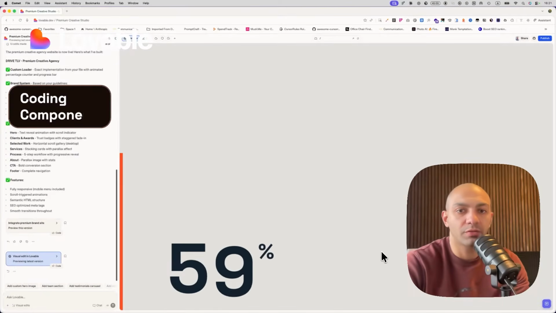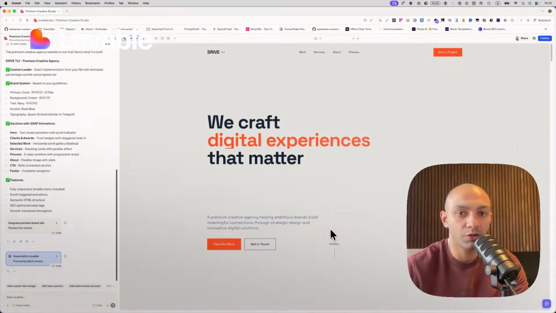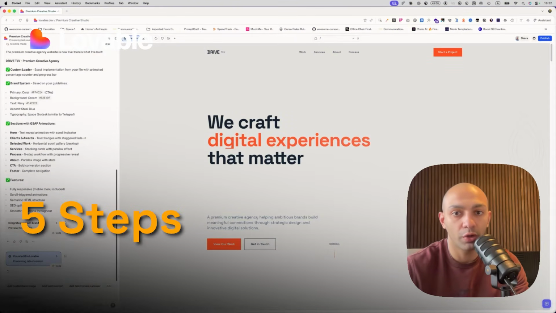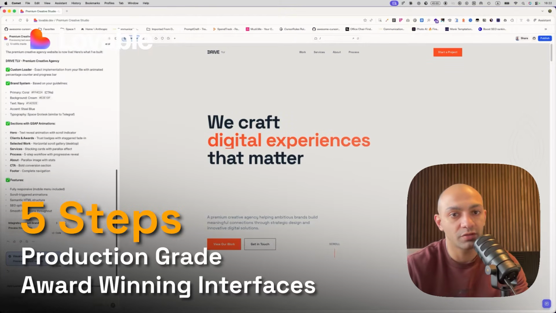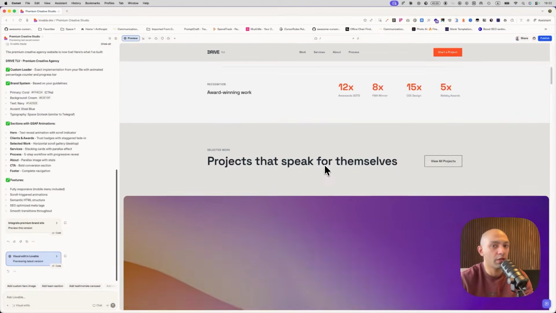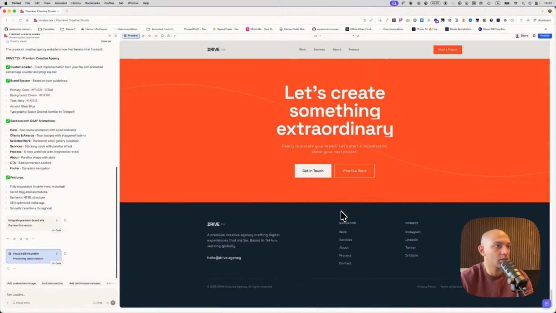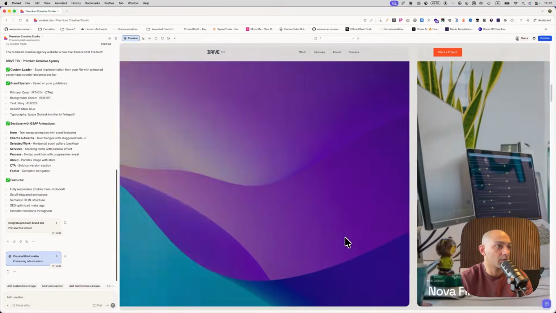So Lovable is great at coding components, but it's still not that good when it comes to design. So today I'm going to show you 5 steps on how to deploy production-grade, award-winning interfaces using Lovable. Something like this, so you can see how the scroll animations come in. There's some horizontal scrolling, and this is done with some tricks that I'm going to show you in this video,